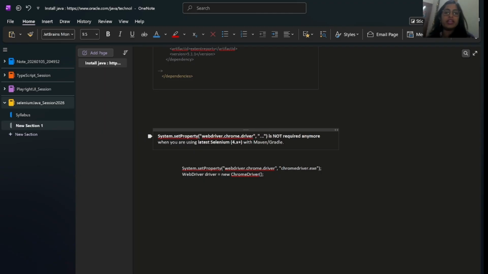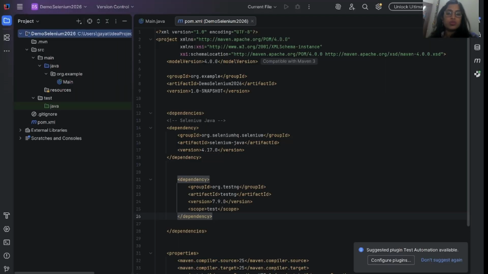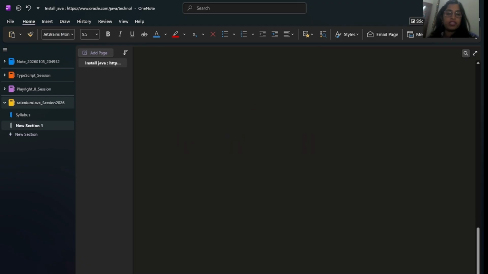But now with the latest Selenium, it's not required anymore when we are using it with a Maven or Gradle project. This is really good, because it was very hectic to set up, but right now you just use the dependencies and are ready to go. So, we're done with everything.